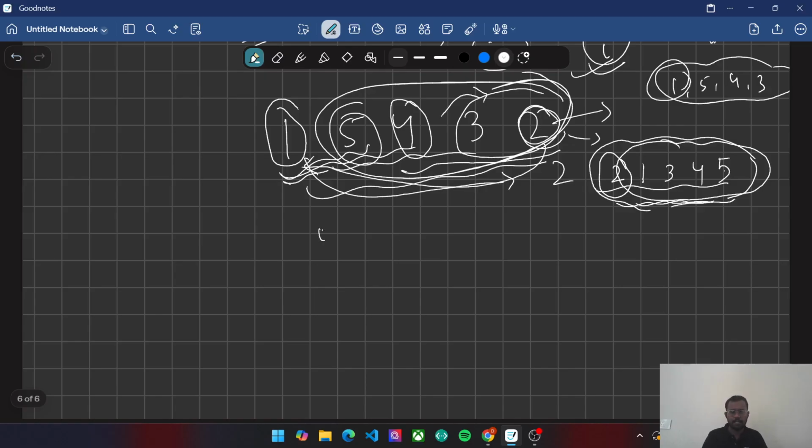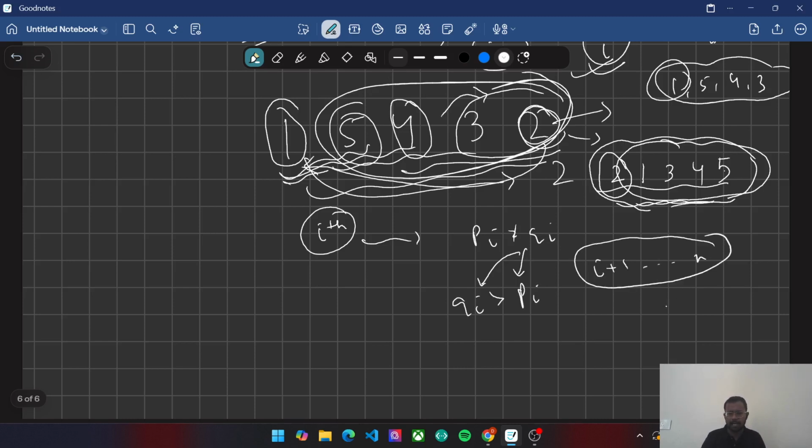So the ith index at which I am altering, at which pi is not equal to qi, at that index I am going to put a qi which is greater than pi, but after that, from I plus 1 till n, I'll just sort the elements. And it is always going to lead me to a permutation whose reverse is larger than my original permutation. But I can't choose any such I. I'll have to choose